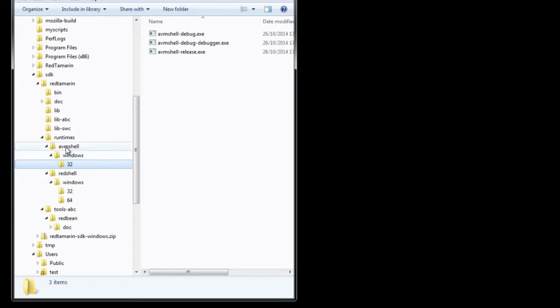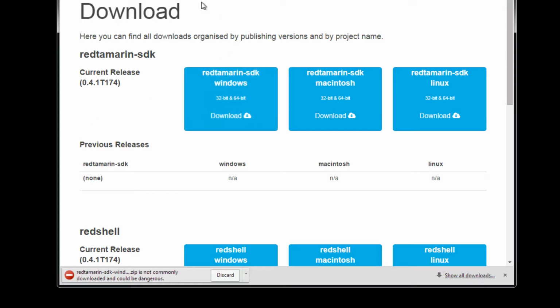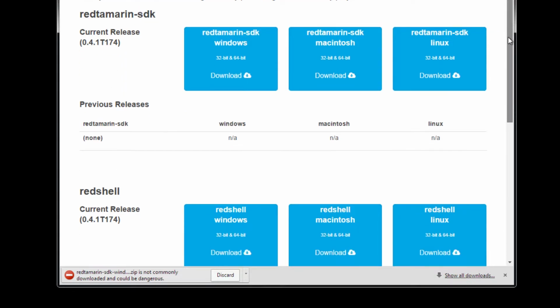I provide IVM shell, which is the original Tamarin, but we use mainly Red shell in Windows 32-bit or 64-bit. If you need additional runtime, again, you go on the download website, download.redtamarin.com, and there